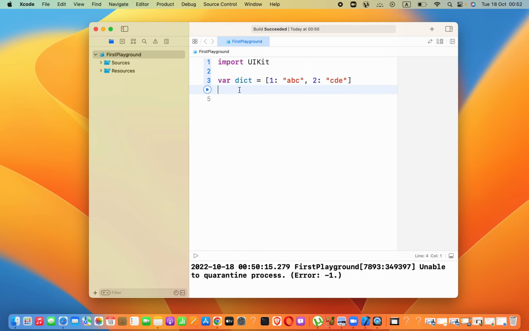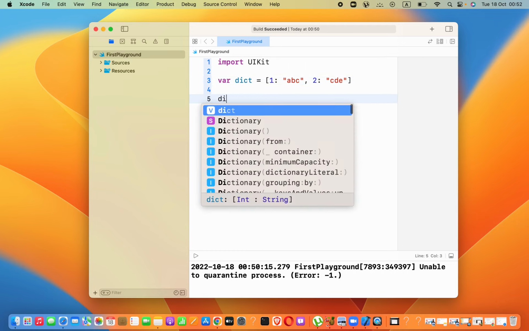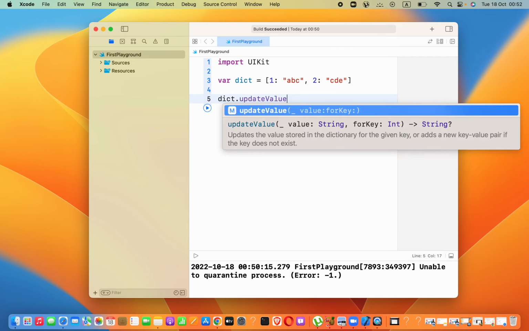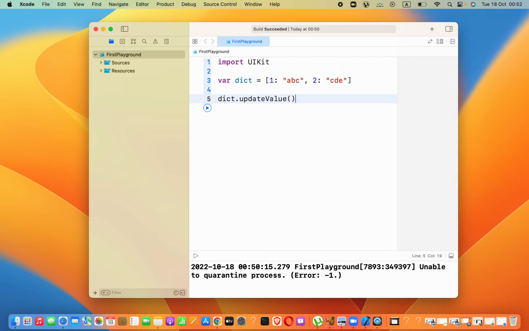To do that, we can use this variable name by calling it like this: dict dot updateValue and parentheses. Inside parentheses we have to pass in the first argument as the value, right? Not the key. The first argument is the value. Here CDE,